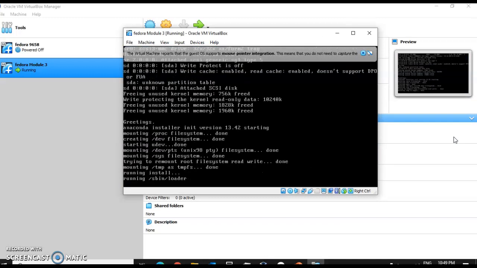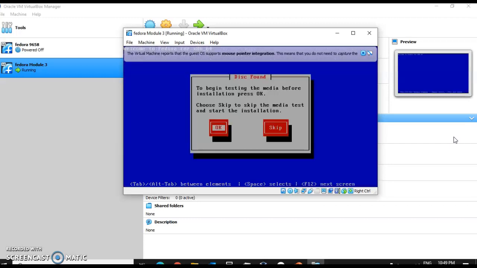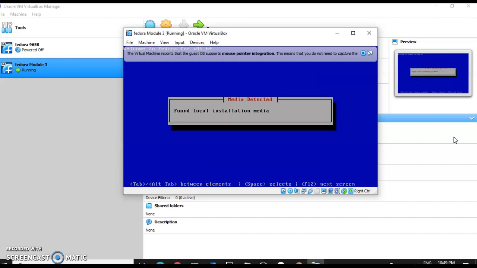Away it goes. It's beginning the installation. And now, this part is important. We have two options here. Check the DVD or optical media, or skip that check phase. There is no CD here. There is no optical media. It's only an ISO file. So if you click OK, you're going to get an error message. Click Skip. And notice here I'm using the arrow keys on my keyboard. I am not using my mouse. I go ahead and skip,